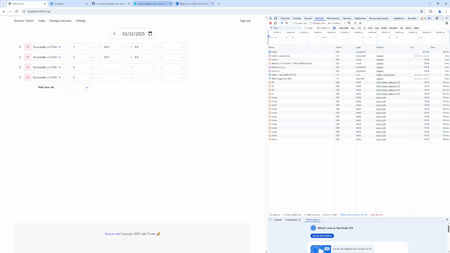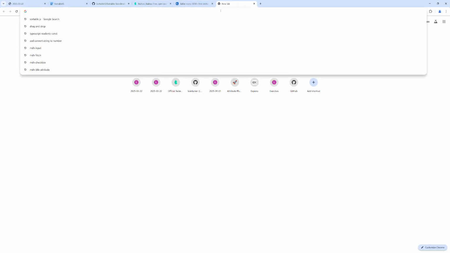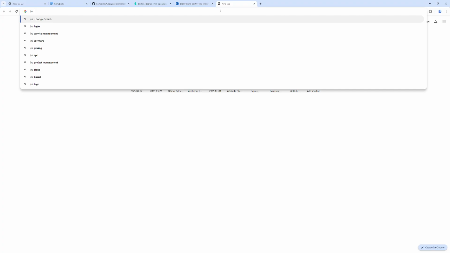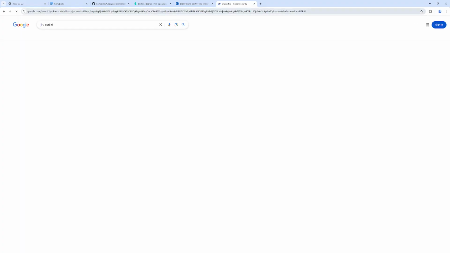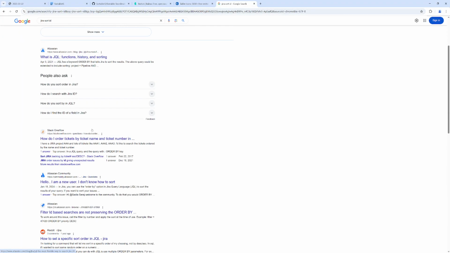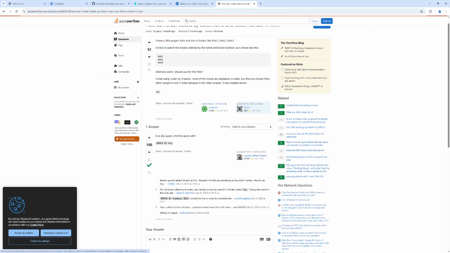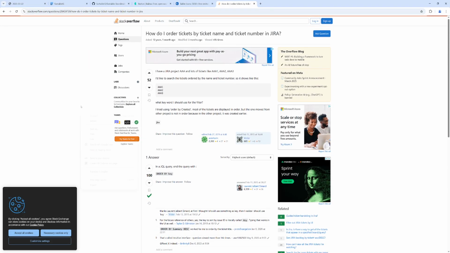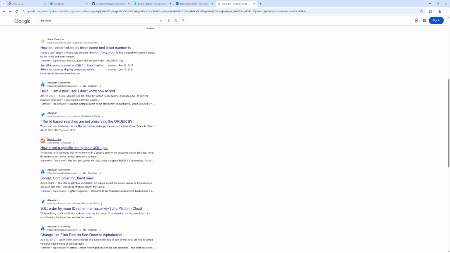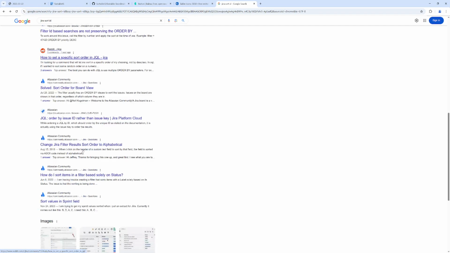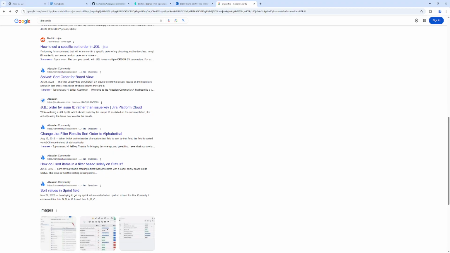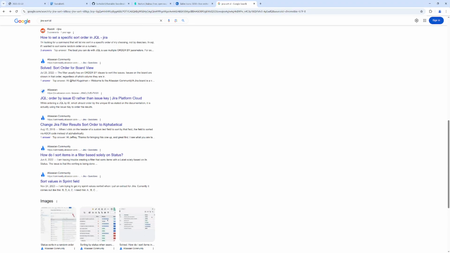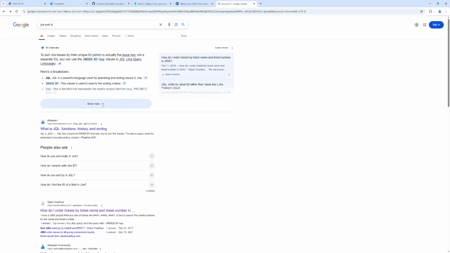And I wonder, let's see, Jira sort ID. Does it have anything to say? I don't know. This is all about how to sort it as a Jira user. I kind of wanted more about the implementation. But